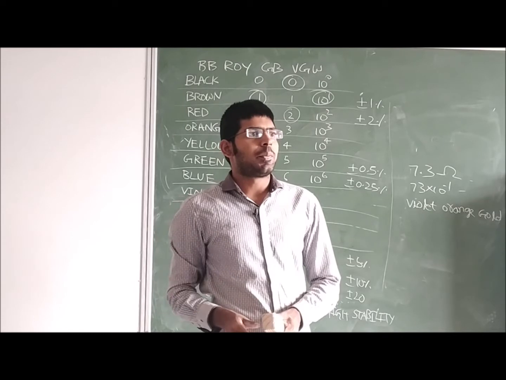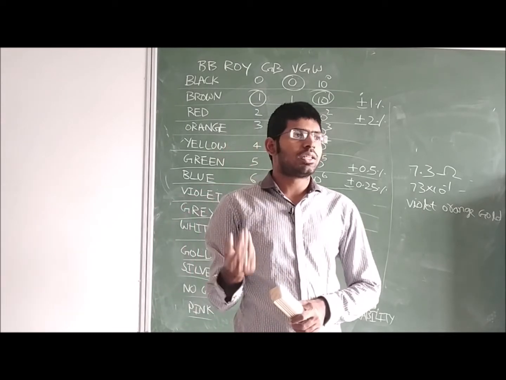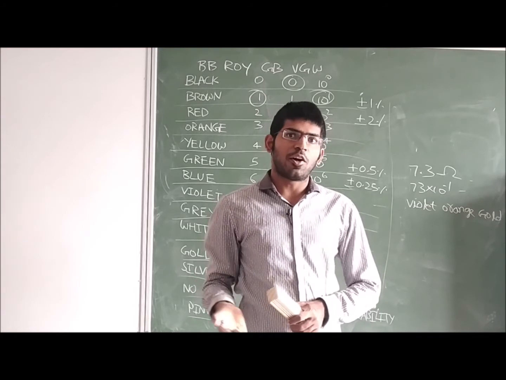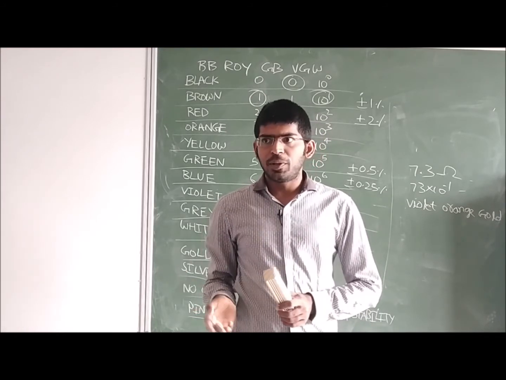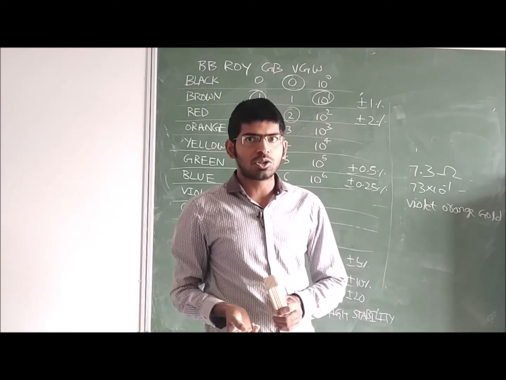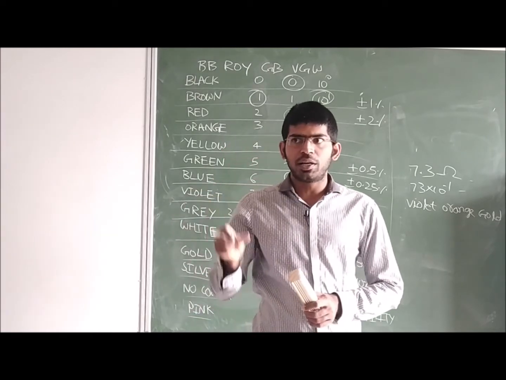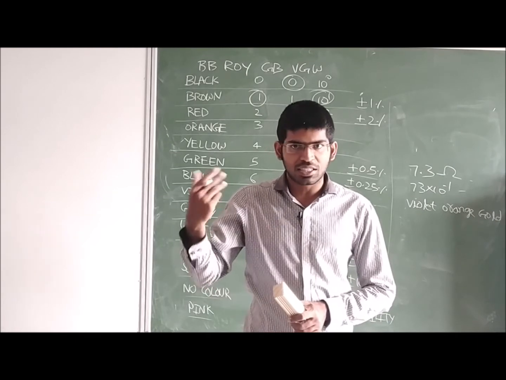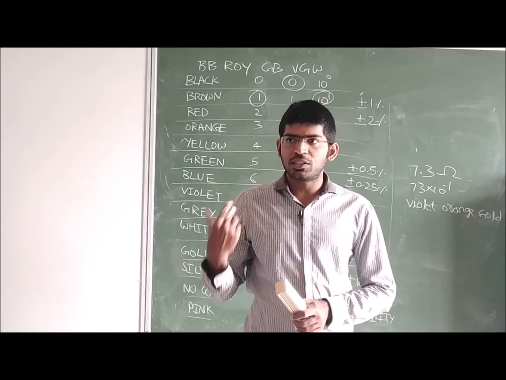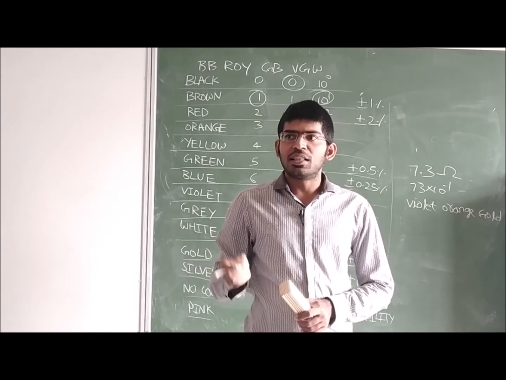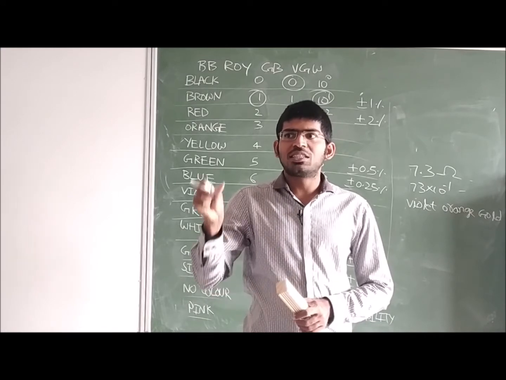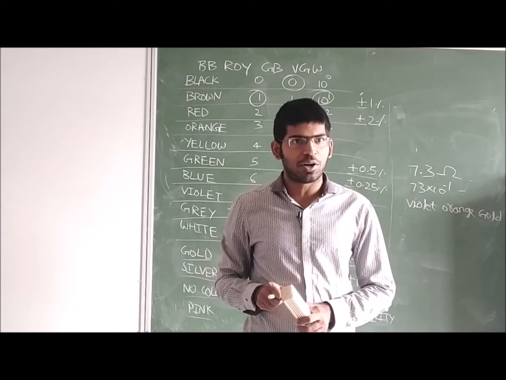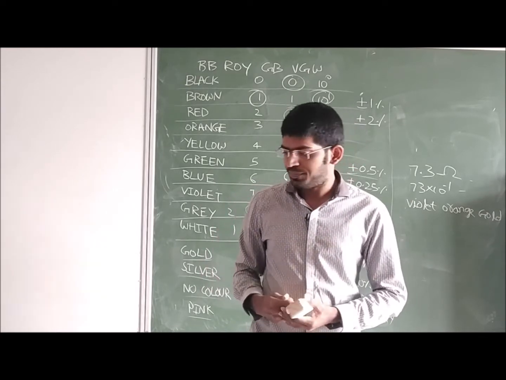Like this, we can represent any resistance value by using the 4 band or 5 band method. The 6 band method we generally do not use, and the last band in the 6 band resistor indicates the temperature coefficient of resistance. We will discuss in later classes what the temperature coefficient of resistance is. Then you will come to know what the 6th band is really indicating, even though we do not use that in our laboratories. Okay, right.